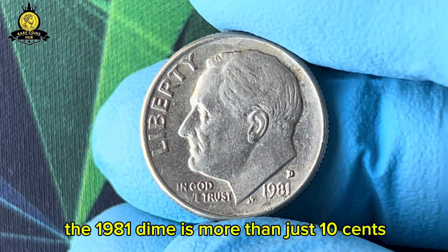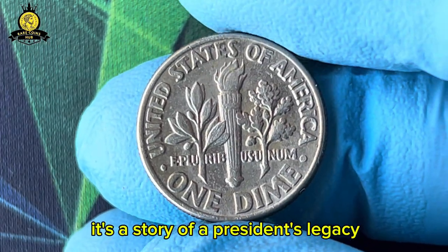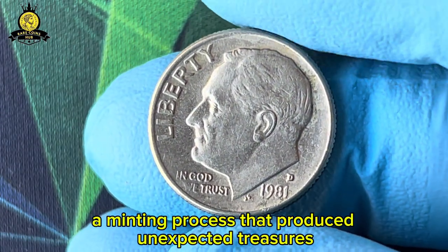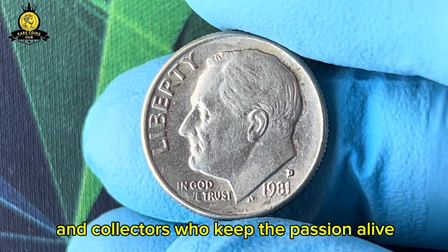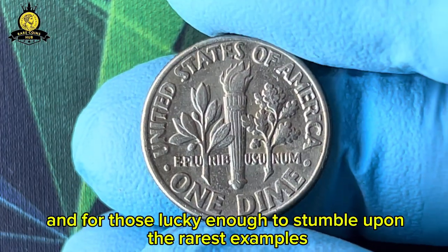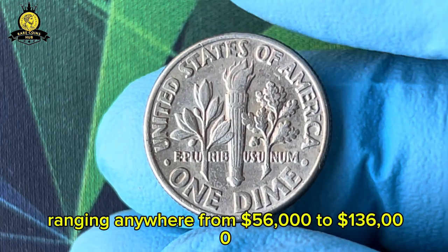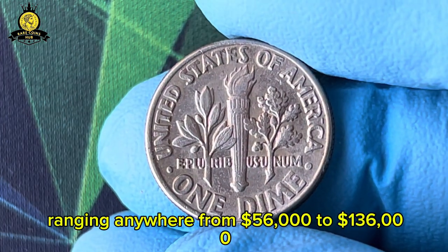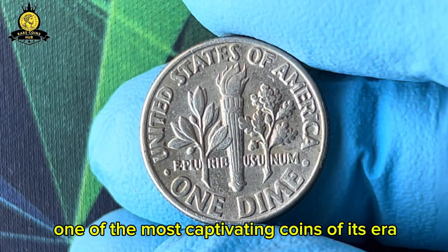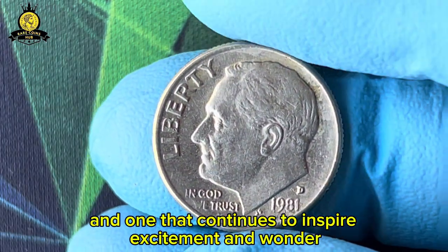In the end, the 1981 dime is more than just 10 cents. It's a story of a president's legacy, a nation's changing coinage, a minting process that produced unexpected treasures, and collectors who keep the passion alive. And for those lucky enough to stumble upon the rarest examples, it's also the story of a dime that turned into a fortune, ranging anywhere from $56,000 to $136,000. That is what makes the 1981 U.S. dime one of the most captivating coins of its era, and one that continues to inspire excitement and wonder to